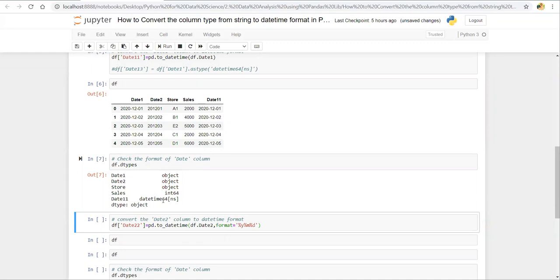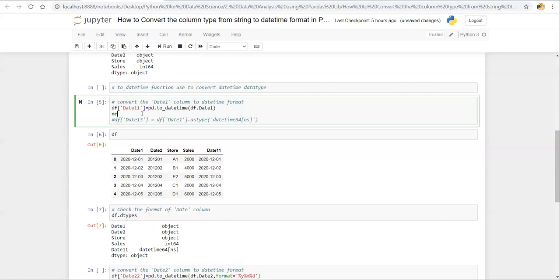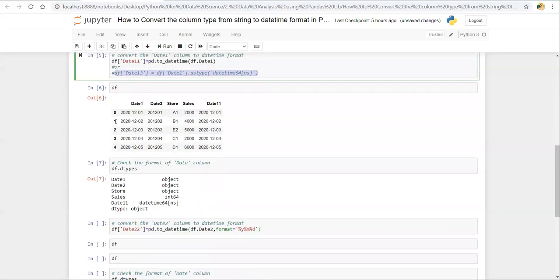So with the help of the to_datetime function from pandas, we can change the date format, and we can also use the astype function to change the data type. So let's see the output of this line of code.